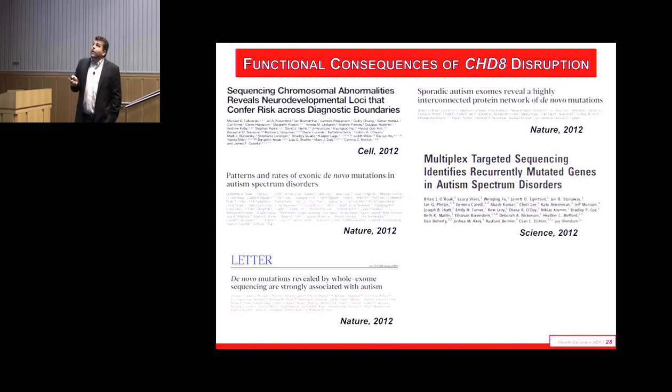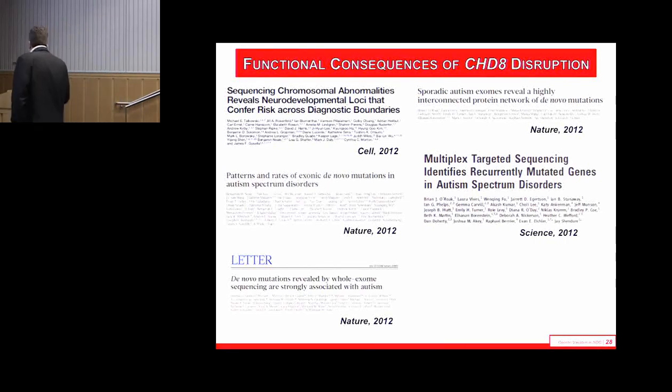We hit it by a translocation somewhere around 2009. And it was just one of this pile of genes that meant nothing. There was almost nothing published on it in terms of disease association. And it was this N of 1, which is the problem with sequencing a new genome: you don't know much about the gene disrupted. Since then, of course, there's been an explosion of papers in autism, all of which have effectively replicated CHD8. De novo loss of function mutations of CHD8 are one of the most penetrant causes of autism.